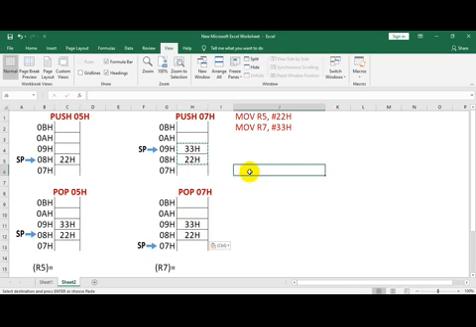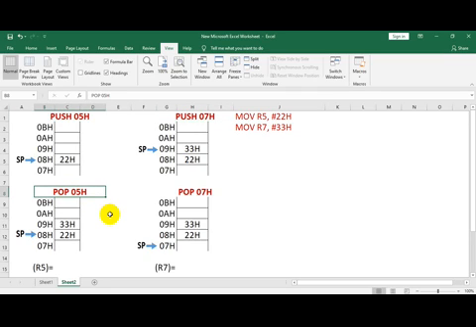Let me come again. The top of the stack contains the contents of register R7, because that was the last data which was saved. Now when I do pop 05, whatever was at the top of the stack will be copied to the address mentioned here, and 05 is the address of register R5.